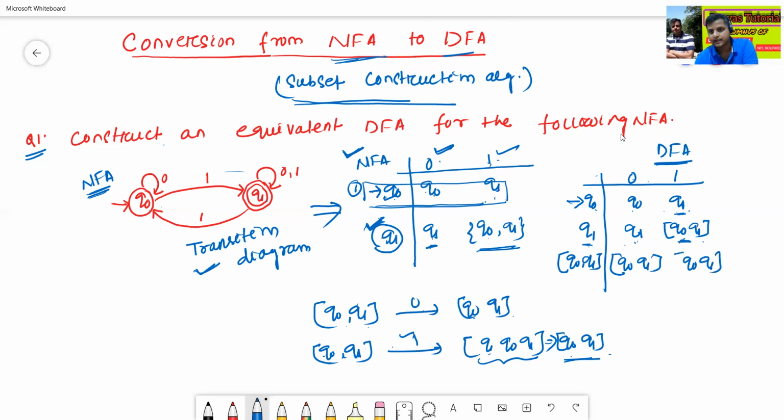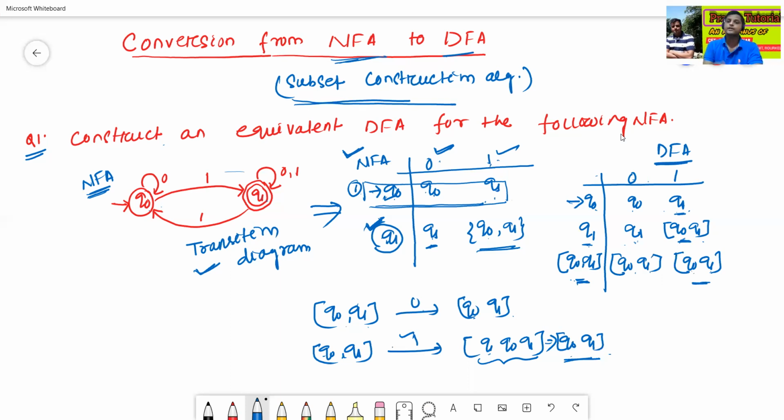Now we'll check if there is any new state. Q0 Q1 is already in the left part of the transition table, and again Q0 Q1 is already in the left part, so there is no new state.